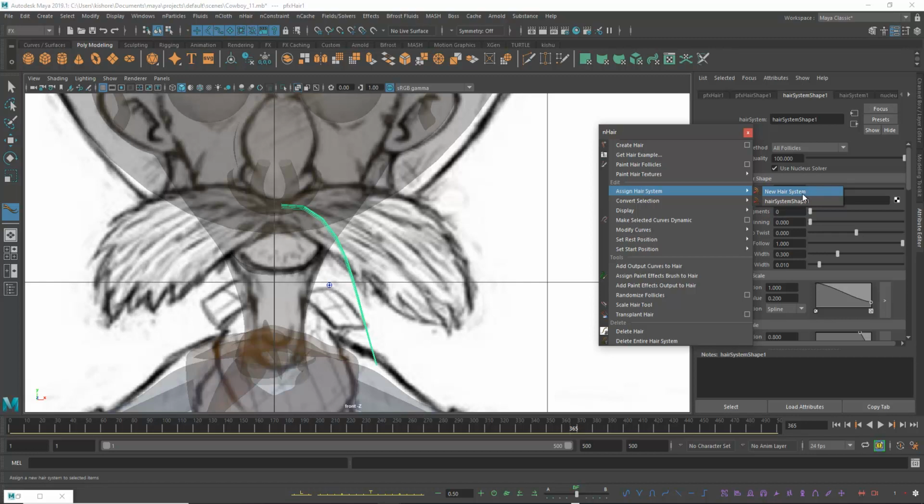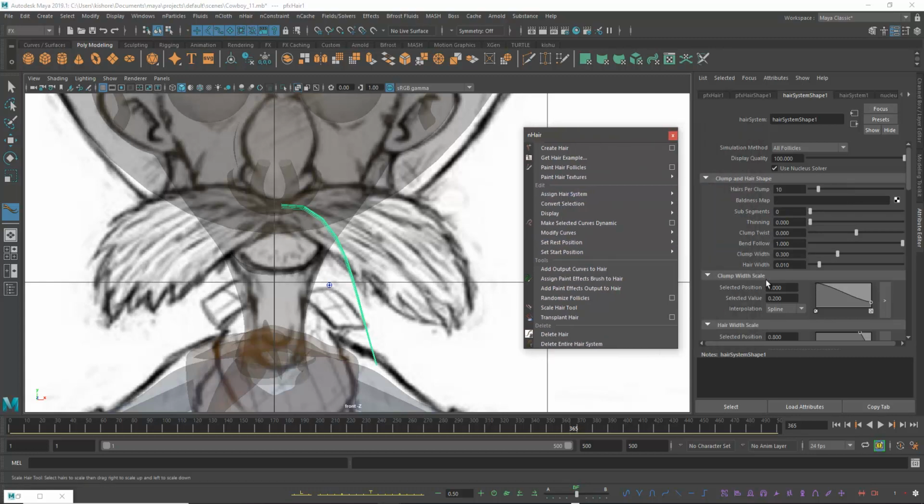Hair system means nothing but the circle which we discussed previously, and hair shape, this is okay. In hair shape, you see all the properties of the hair: width, color, and clamping, all these things you can see. But here, you can convert the selections, like rest curve to the standard curves. What is rest curve? You know what, hair systems depend on a set of processes.